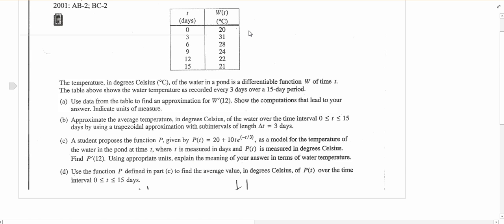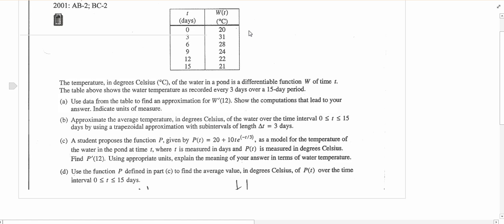Alright, let's take a look at yet another free response question. Hope these are helpful for you to pause the video, try the problem, and then try to make sense of what I'm saying